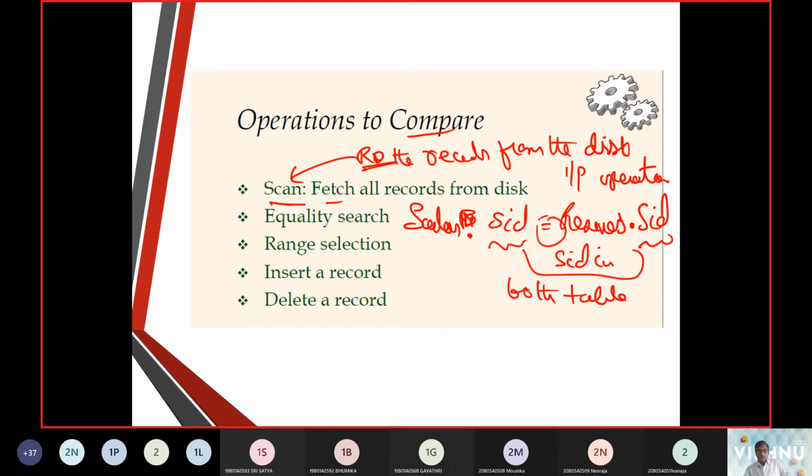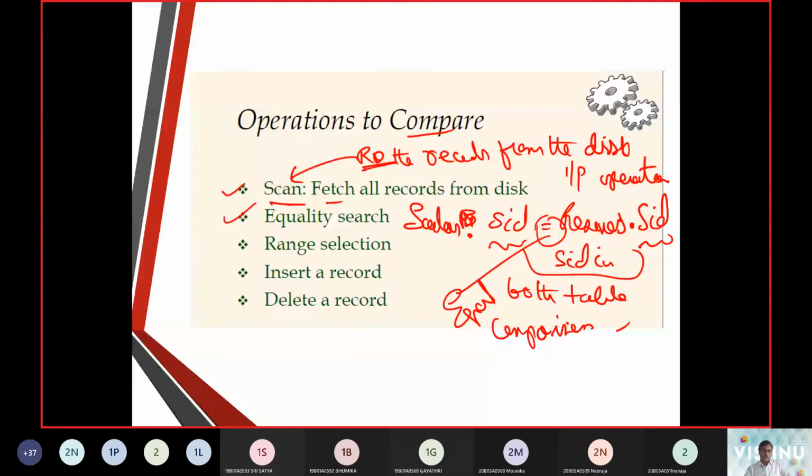We are making an equal comparison operation. That is what we call an equality search.